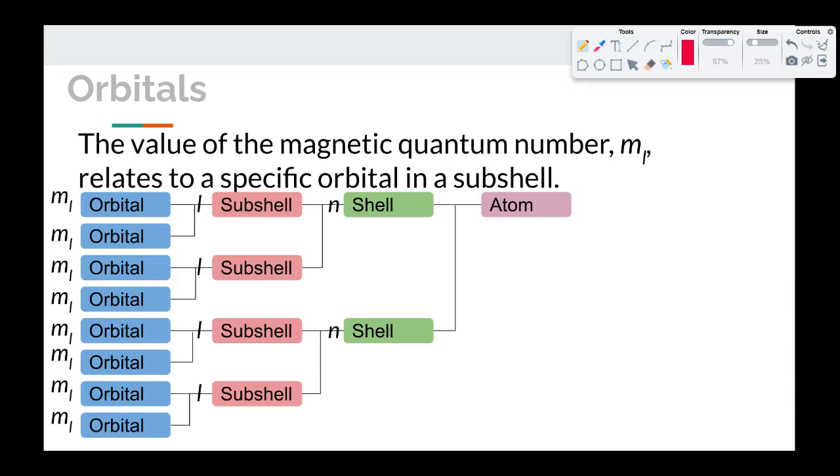So then the final quantum number, which is the magnetic quantum number, m sub L, relates to a specific orbital in a subshell. So there's an organization to where the electrons are in an atom. One way of thinking about this is almost like an address, or maybe an even better interpretation is a sports event at a stadium. Groups of orbitals make up a subshell, groups of subshells make up a shell, and groups of shells make up an atom. And remember, none of these things are actual things. They are just descriptions of regions in space where electrons are likely to be found.